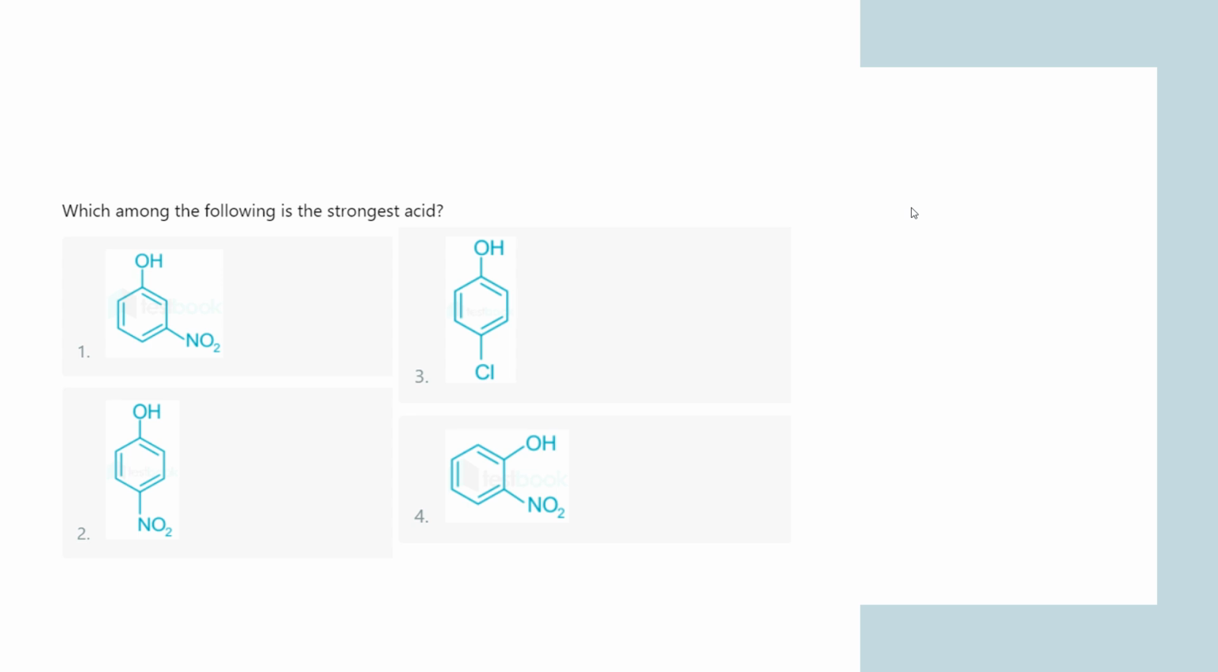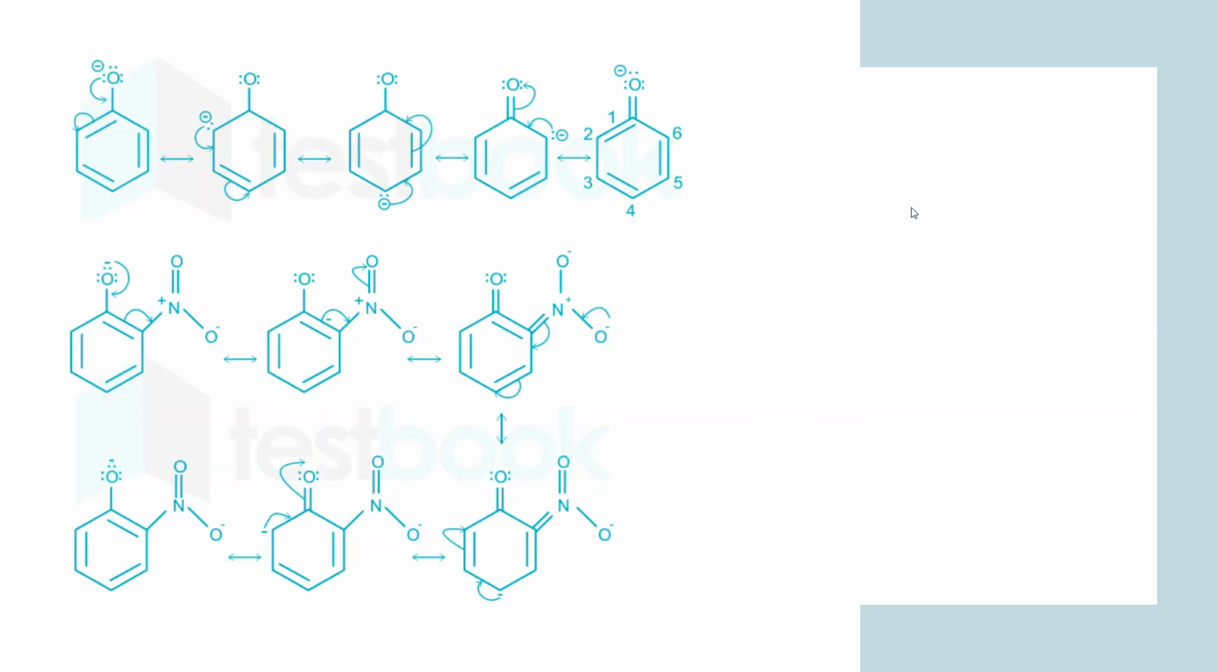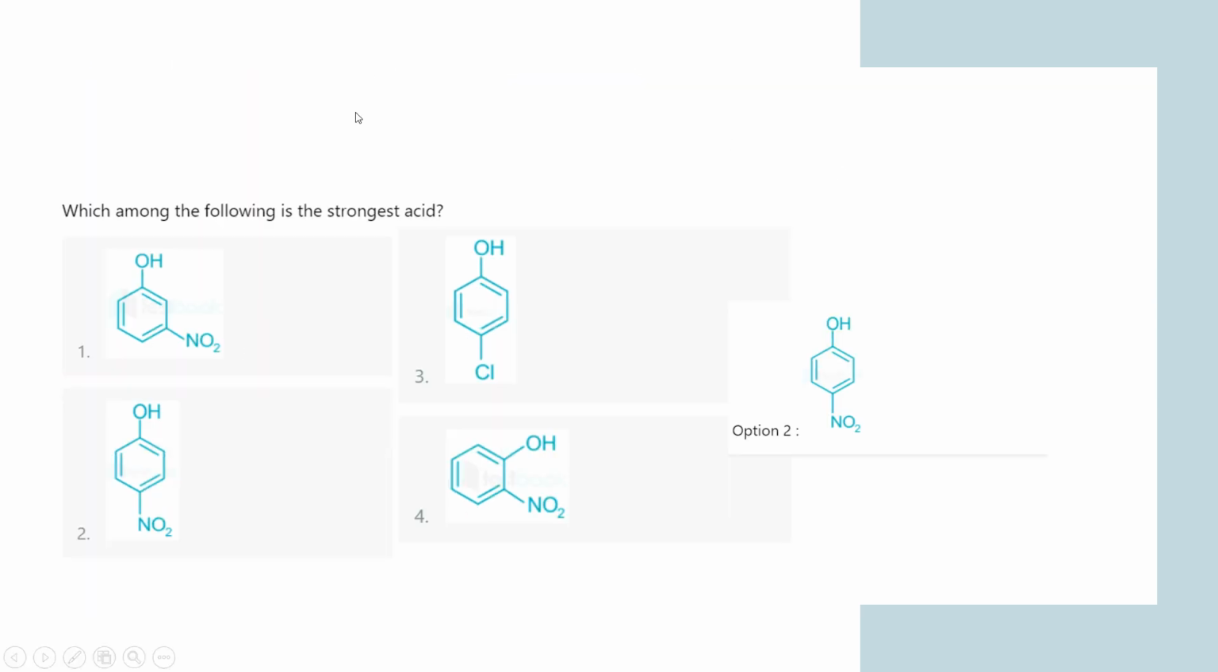Which among the following is the strongest acid? You are given here 4 phenol substrates and you are asked which one of all these 4 will be the strongest acid. So to know how option 2 is the correct answer, we must compare them to each other one by one. So in case of all these 4,